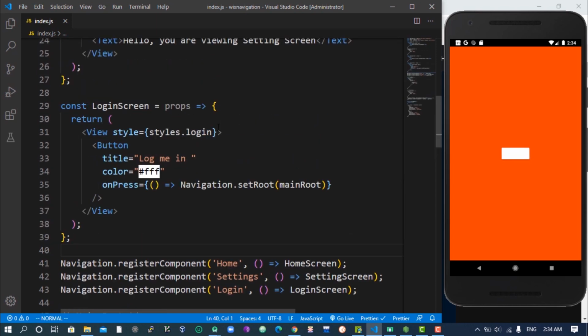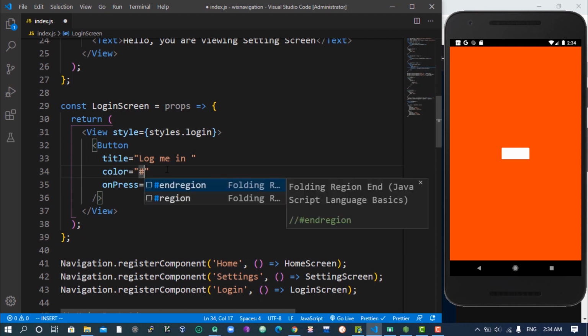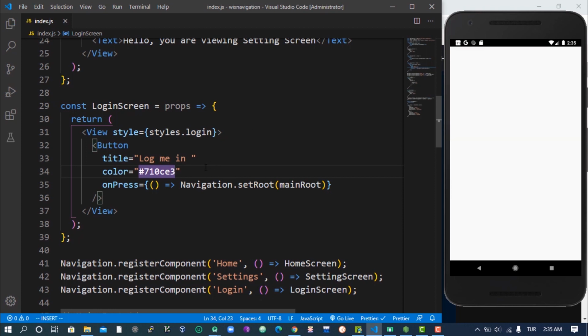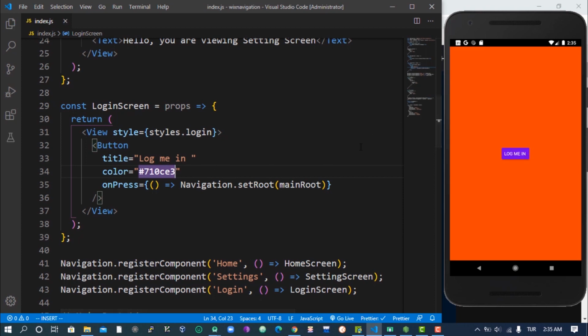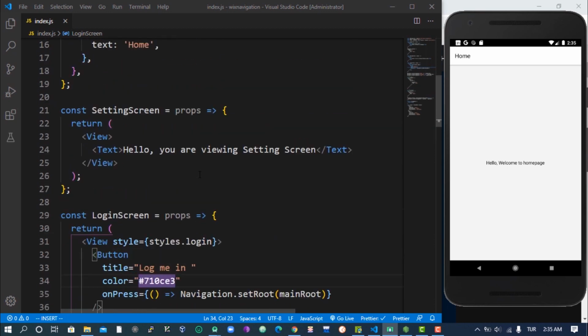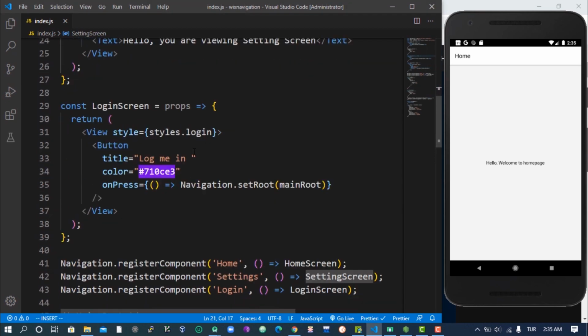The color is kind of awkward. Let me use this color over here, 710CE3. Okay, I think it's better, it's more clear. Now when we click on this, you can see we are on the home page, which is very cool and very simple. So lastly, for us to make use of the settings routes, since we already studied here, we can